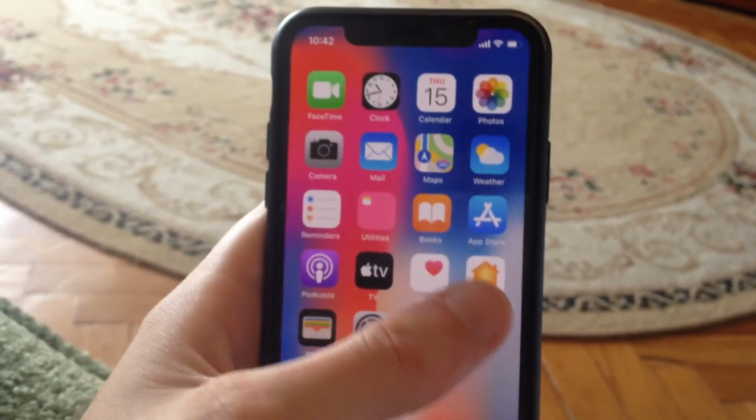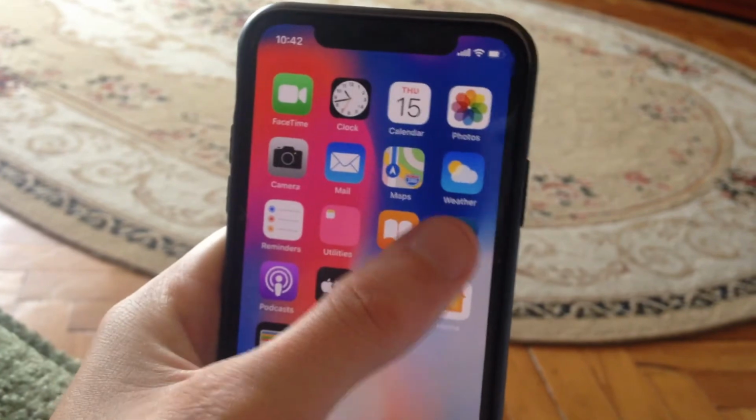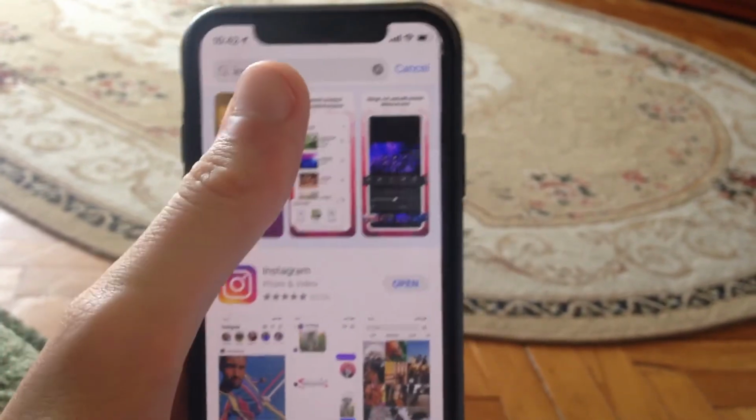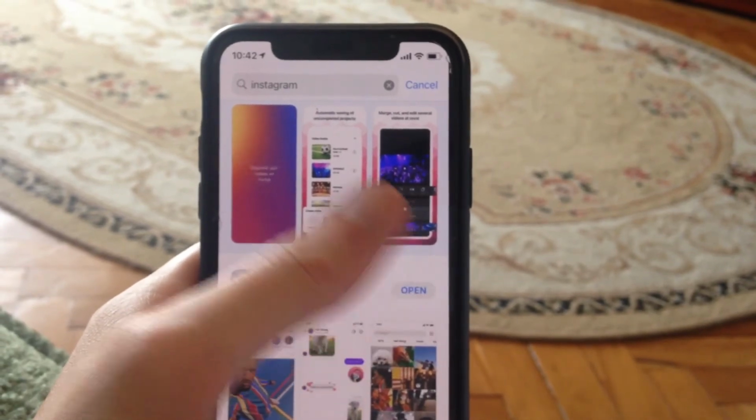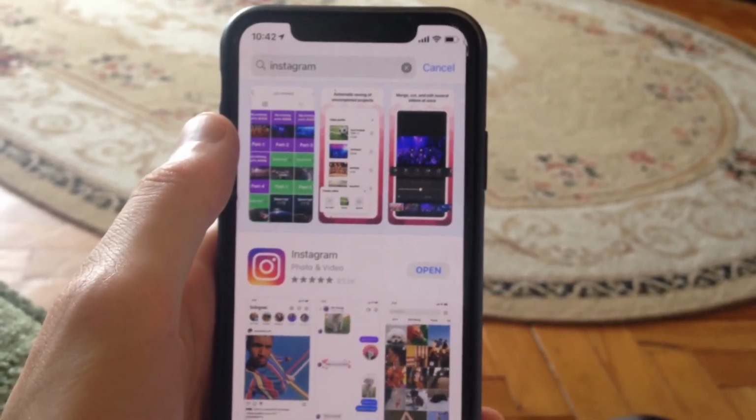And if it doesn't help you, just try to update your Instagram. So just go to the App Store, go to the Search tab, in the Search tab write Instagram, and if you see here not Open but Update, just tap on Update and wait until it successfully installs the latest updates